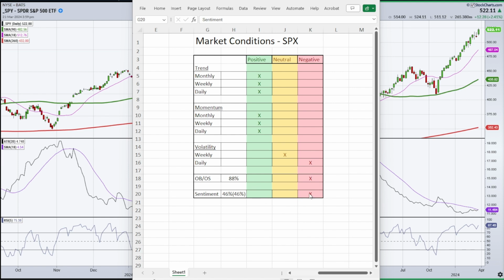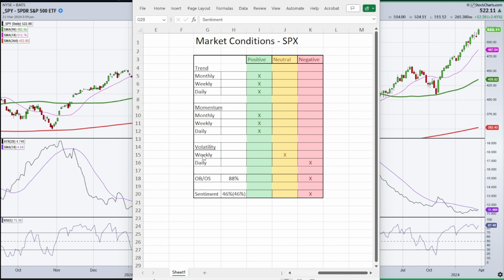So both of those are negative, again, not necessarily a timing tool. I think a lot of people believe that an overbought, oversold oscillator is a timing tool, but it isn't. It's a condition. We're up, we're overbought, but we need price to confirm any one of these conditions. And that's why we save that for the end.